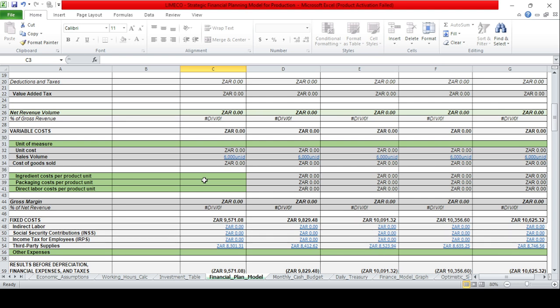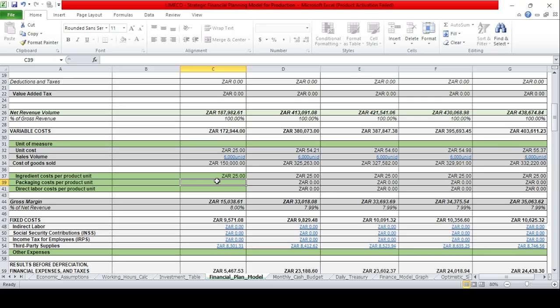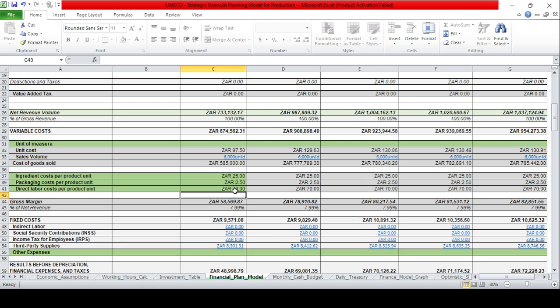For example, the cost per product unit, let's put 25 rand, and packaging costs, for example, 2.205, and direct labor cost per product unit, let's put 70 rand. So automatically we have here the unit cost and